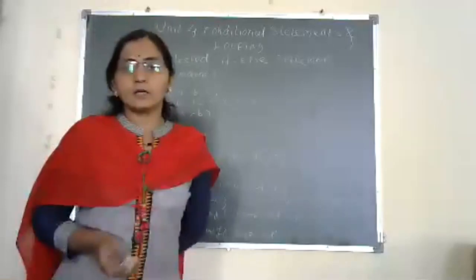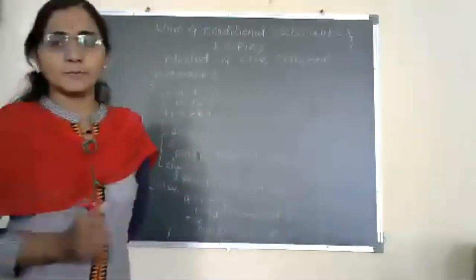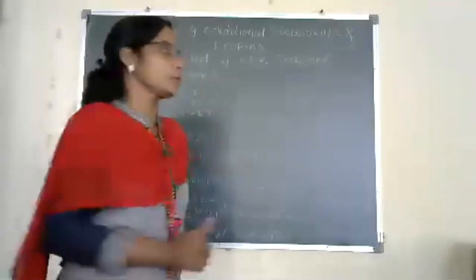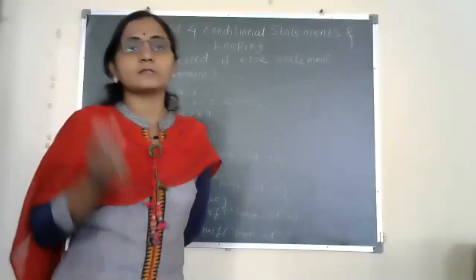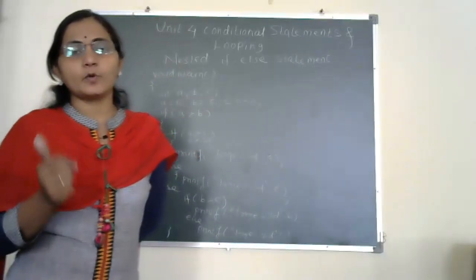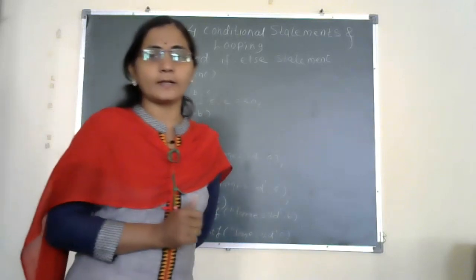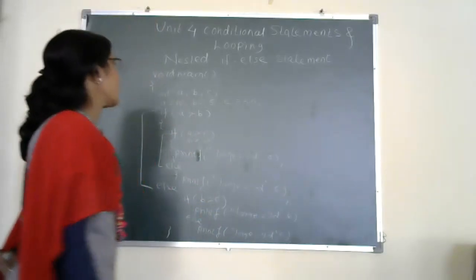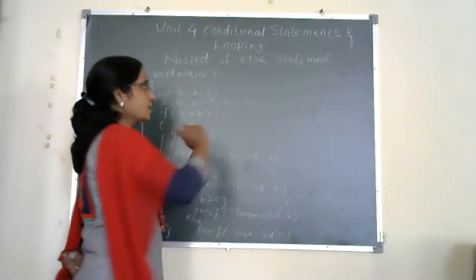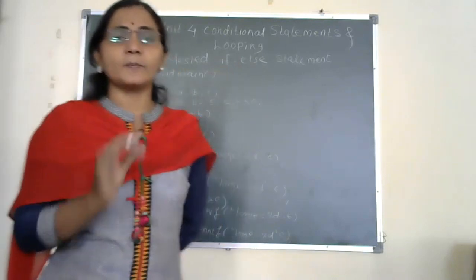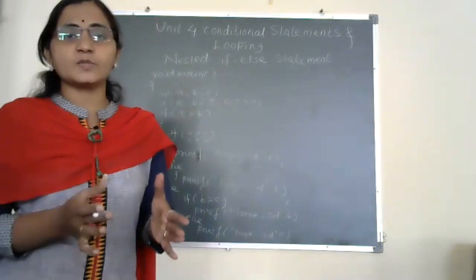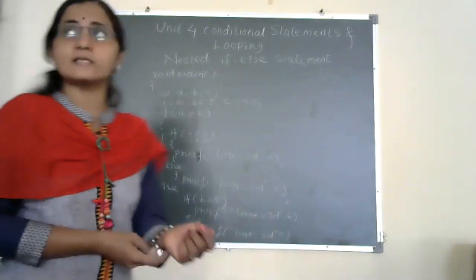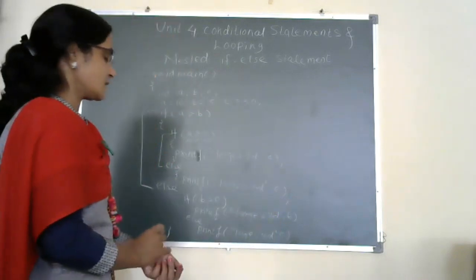So till now we have learned about three different statements. The first statement is the if statement. If you have only one condition and one alternative, then you use the simple if statement. The second is the variation of the if statement: if you have one condition and two different alternatives, then you use the if-else statement. The third variation is the nested if-else statement. Nested if-else means one if-else is completely embedded or placed within another if-else statement, and this concept is called nested if-else.